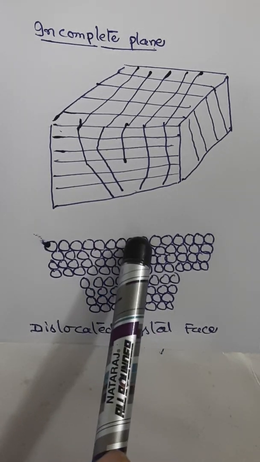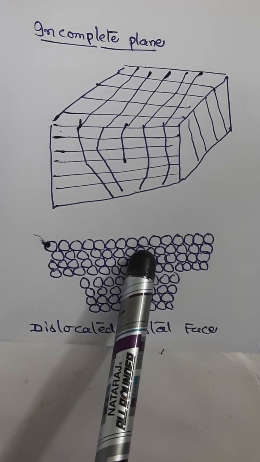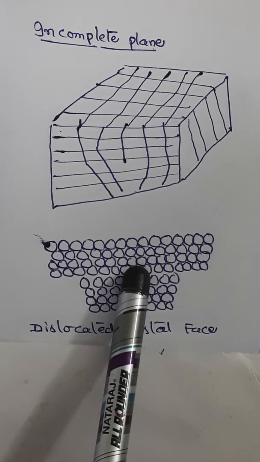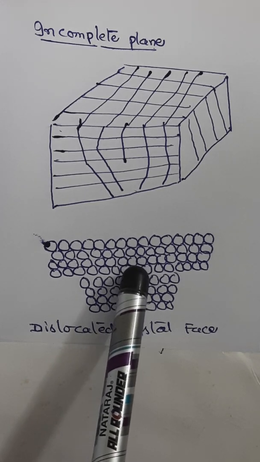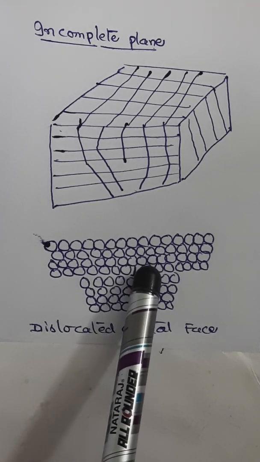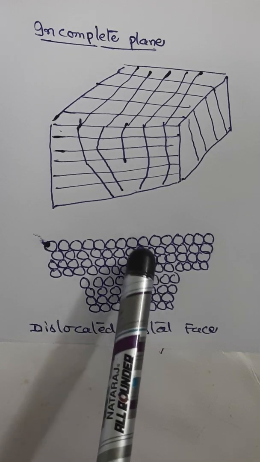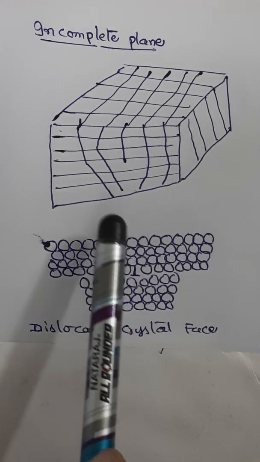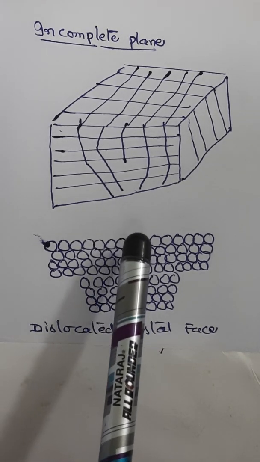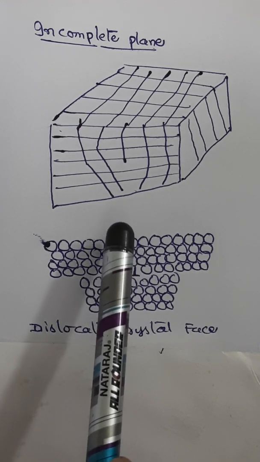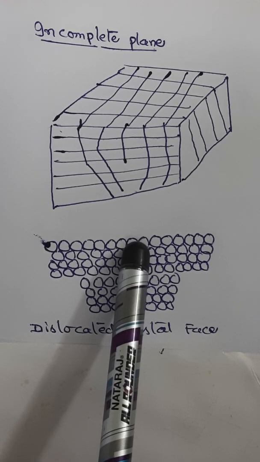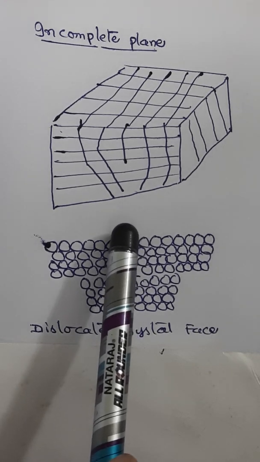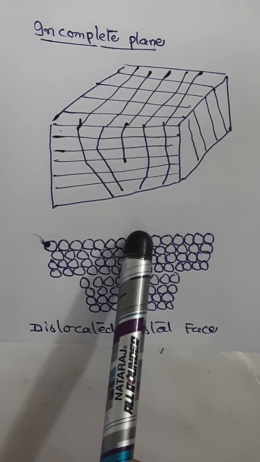Along the edge of the vertical plane. This figure shows the dislocated crystal face. For example, in a perfect crystal, the atoms are in equilibrium positions and all the bond lengths are of the equilibrium value. In the imperfect crystal, at the edge of the incomplete plane, the atoms are squeezed and are therefore in a state of compression. So the bond lengths have been compressed to smaller than the equilibrium value.